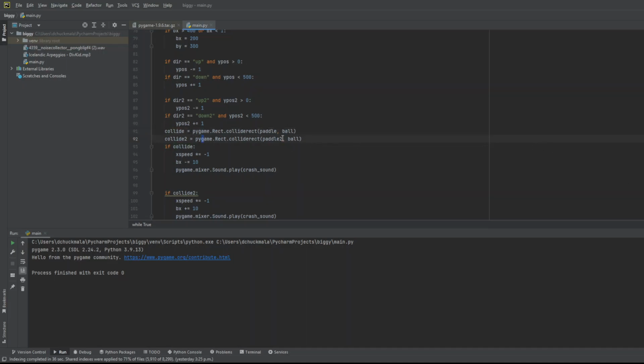And this is the same thing, but for the paddle too, which is the left side. This is the right side, and that's just the ball. The ball's universal, and so let's make sure that they collide. And if they do collide, they'll equal times equal -1, which will make it go the opposite way, and the bx will go down